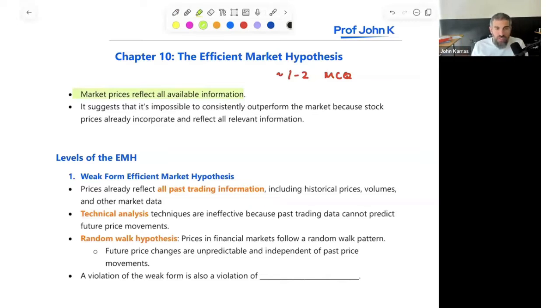So the flip side of that would be a market that doesn't reflect all available information, or if it does so slowly, is said to be inefficient, right? I'll give you another example. Let's say some good news comes out about a stock, and then you look at the stock price and it hasn't reacted yet. It hasn't gone up. That would be an inefficiency because you know that it should, right? When a stock should be priced higher or lower, but it isn't, that is what we call an inefficient situation. When something is overpriced or underpriced, this is kind of going back to what we learned last class, that's an inefficiency.